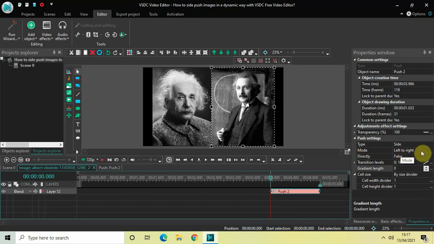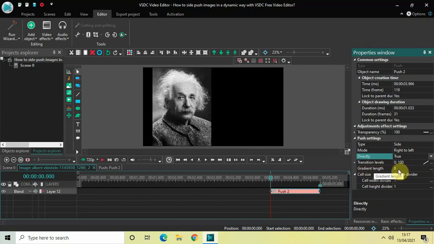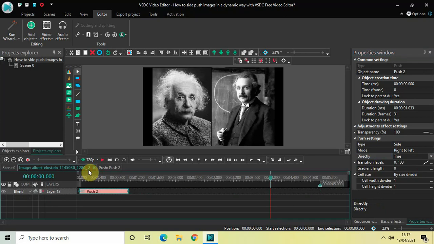So I want to change the mode from left to right to right to left, and directly is set to false. So once again change this from false to true. Gradient length value is already set to 0. Now place your push transition right at the beginning of the image.